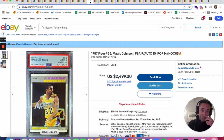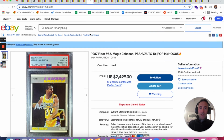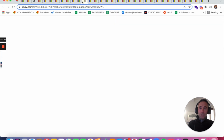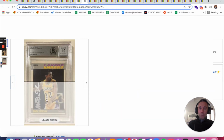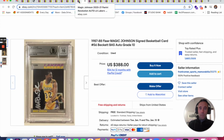It's a 1987 Fleer PSA 9, which is super hard to come by in the first place, and then it's an auto 10 with a really, really cool silver auto. So if I had an unlimited budget, I might buy this one, but $2,500 is just out of my price range. Here's that same card with a cool signature for $388 in a Beckett slab. All things considered, I just think that the 86 sticker for $70 more in PSA 8 is just a better